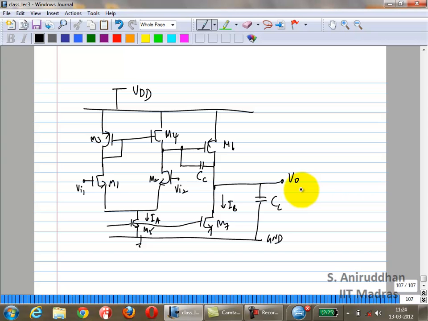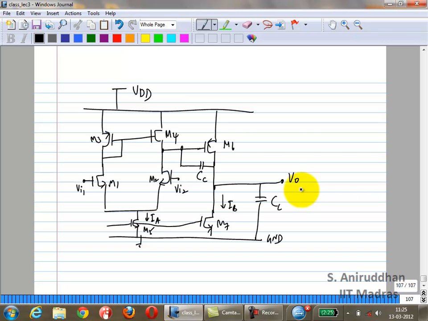IA by CC. Why is that? IB by CC? So you have two currents and two capacitors, right? One of them has to be IB by C. Which one of them means there is only a single slew rate, right? You have two specs. One is positive slew rate, other is negative slew rate, right? Okay. So let us say,